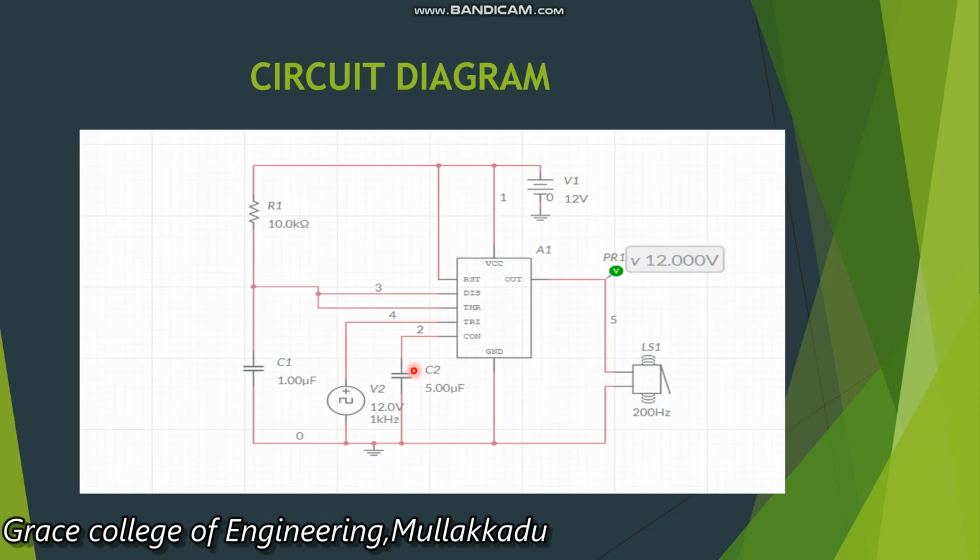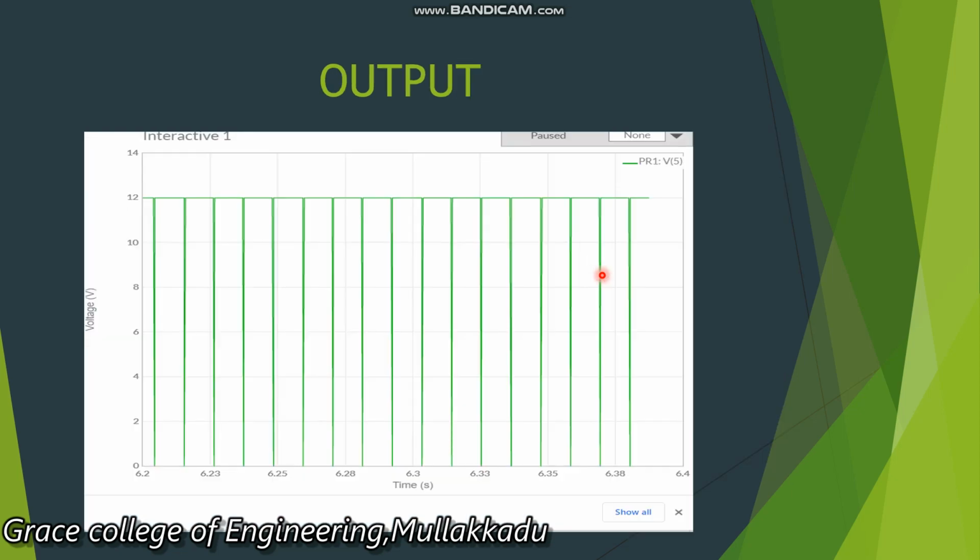Okay, now we are going to see the circuit diagram for this monostable multivibrator. This is the circuit diagram. We are giving the one triggering input. This is the RC capacitance. The value of this RC is used to adjust the length of the pulse as well as the charging and discharging of the capacitance. We can take the output as this. Here we will get the pulse waveform as an output. See, this is the output.